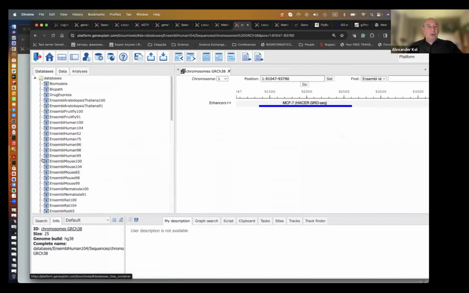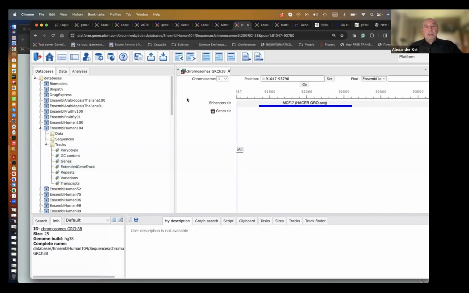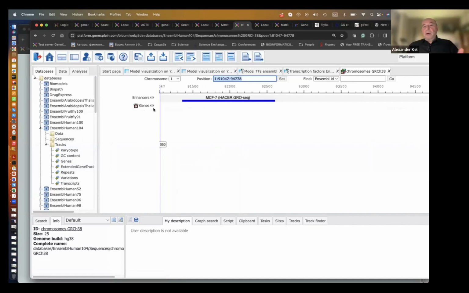So you have your human genome, and you can put the genes here, and you have your enhancers. Now, these enhancers are just a track, and then it's up to you how to analyze it. For instance, if you have ChIP-seq data, in your particular experiment you can intersect these ChIP-seq peaks with known enhancers, and then focus your attention on those peaks which are